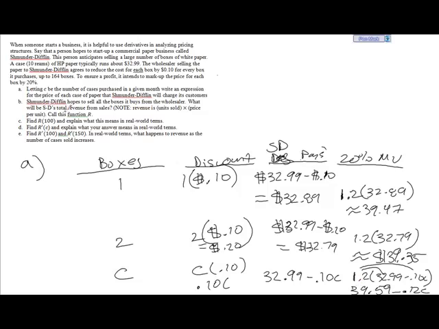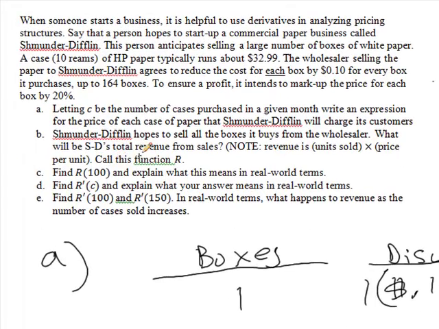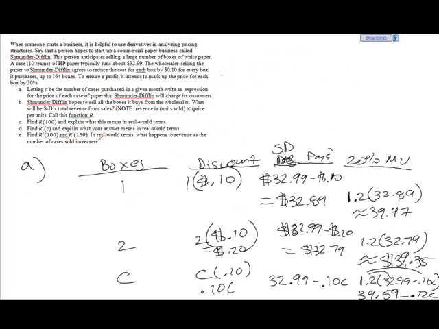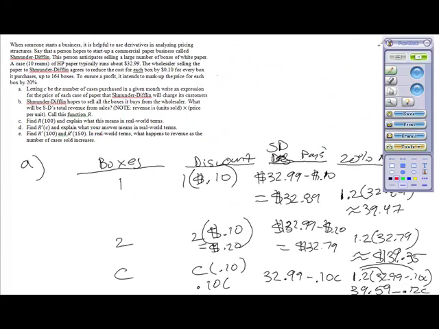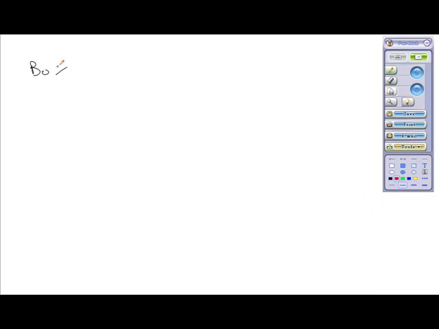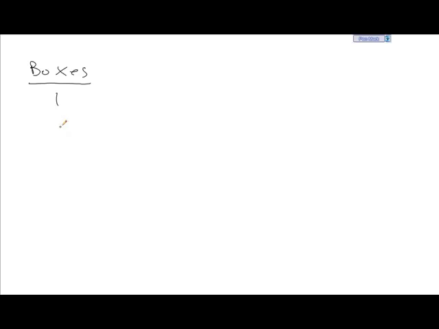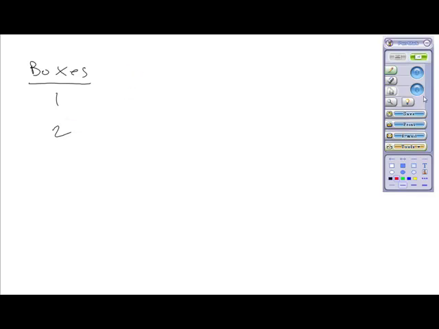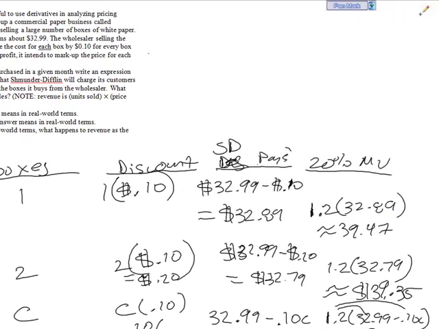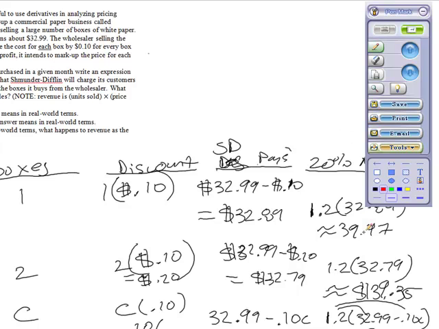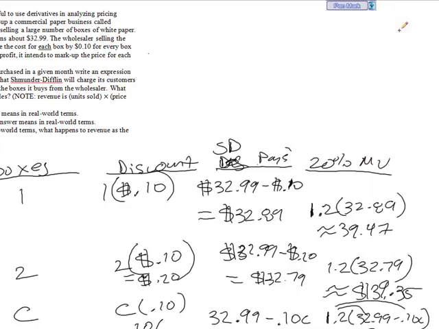Okay, so in B we're building on this. SD hopes to sell all the boxes it buys from the wholesaler. What will be SD's total revenue from sales? Note, revenue is units sold times price per unit. Okay, well let's elaborate on this table a little bit. So we know that if the number of boxes sold is 1 and 2, then after markup, what they're going to charge is $39.47 and